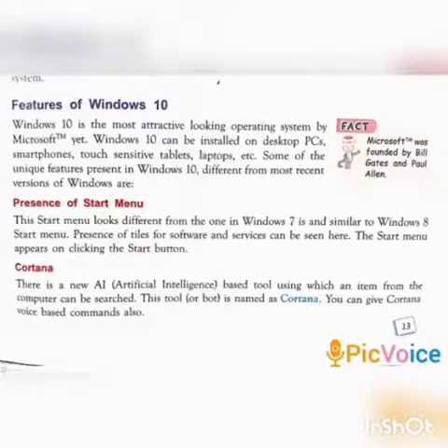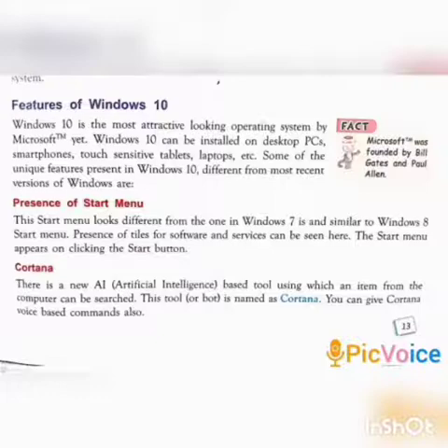Let us see the start menu. When you log in or start your PC, you come to the desktop screen. The start menu appears on clicking the start button.